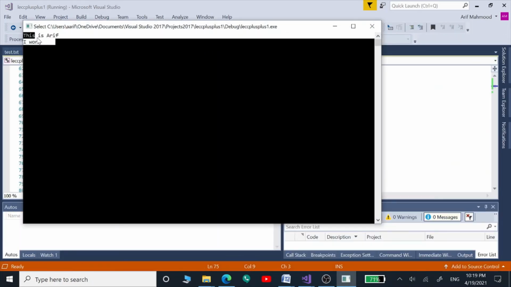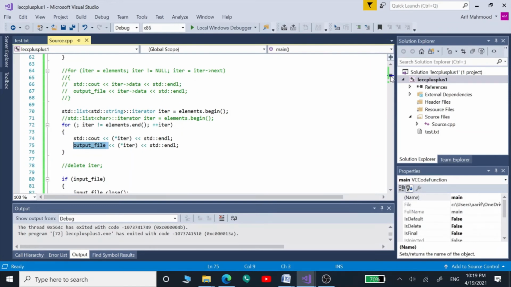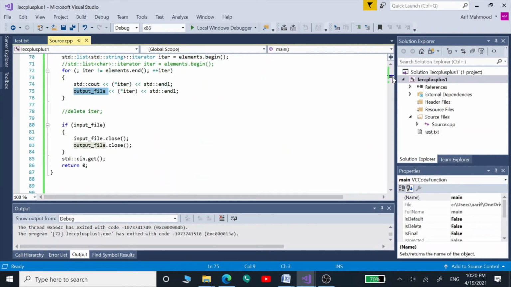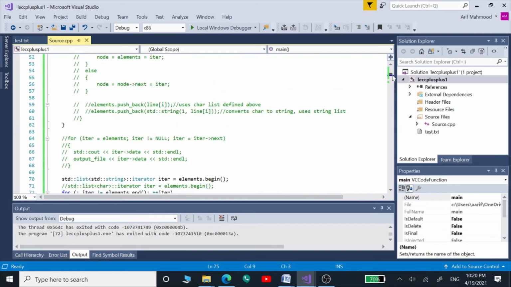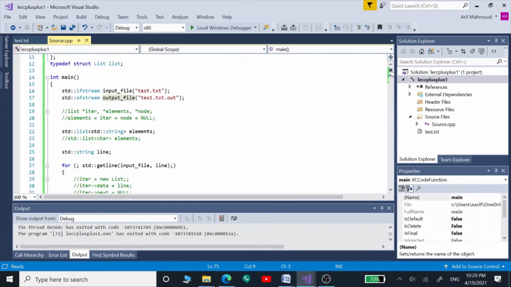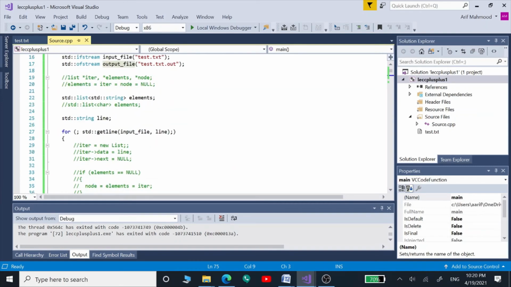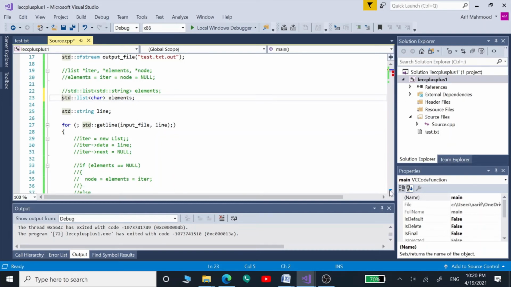So we are seeing both things, which are those lines, onto our console window, and now we are going to actually see how we can change this string list into a character list. What we have to do is, first of all, since we want to change our list to a character list, we have to define our list as a character list. So now this list is of type characters and it is going to store the characters. So we can first change this line.